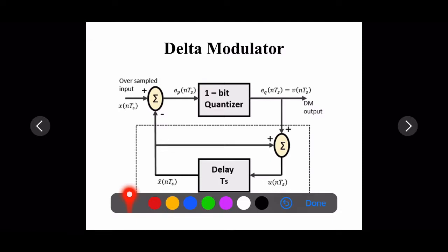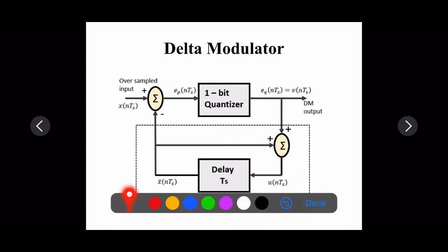Then x cap of nTs is the output of the delay circuit. We are getting it from the delay circuit, that's why it is the output of the delay circuit. Then u of nTs we are giving into the delay input, that is the input of the delay circuit.